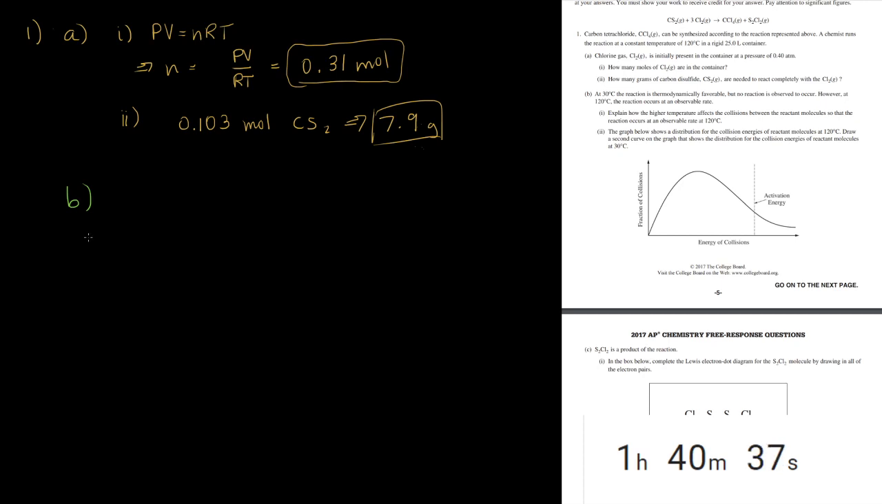Explain how the higher temperature affects the collisions between the reactant molecules so that the reaction occurs at an observable rate at 120 degrees. So, this is going to be asking us for a particle level interpretation. And I would say, given especially this activation energy graph that they're giving us below, that what we can write is something like each reaction will require a certain activation energy,